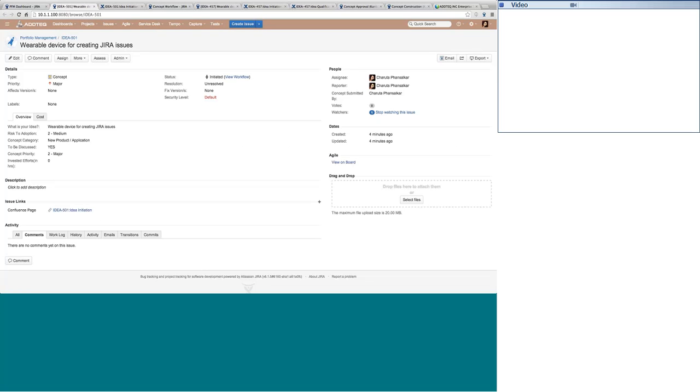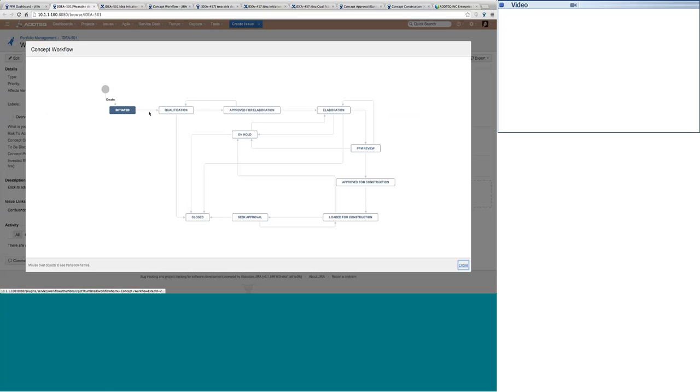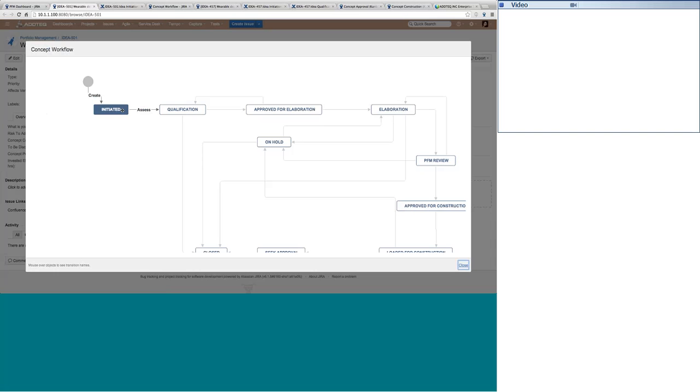So you can see that after initiation, we would like to assess the idea before we go ahead in any of the stages of the life cycle. It's very important to know why we have so many stages here. Because as we go further in the idea or concept life cycle, more and more people are going to invest their time in this. And in order to have their time invested in a particular concept or idea, we need to know that the assessment of the idea is very important.